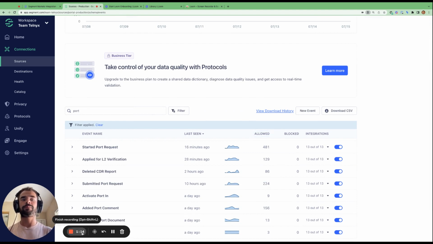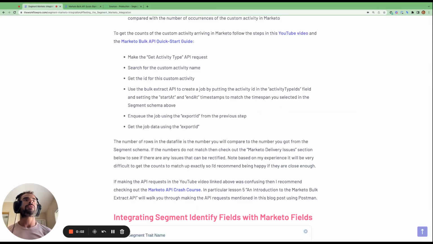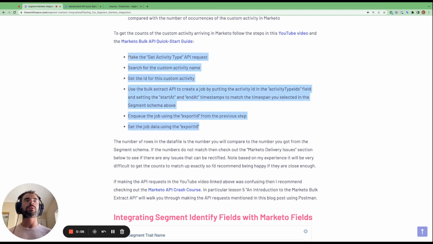Okay, so now I'm going to dive into Postman to show you how to make these API requests that I outline in this blog post. You might be wondering why we need to use the Marketo Bulk API. Why couldn't we just create a smart list and we drag in the custom activity filter and then select a date of activity in the past 7 days? The reason we can't do this is because that smart list would